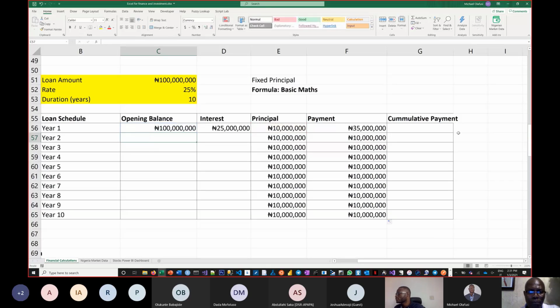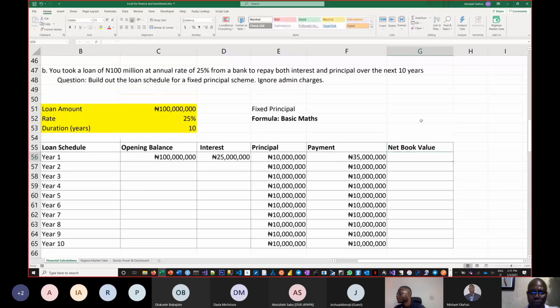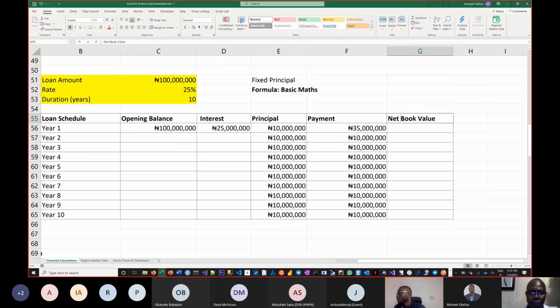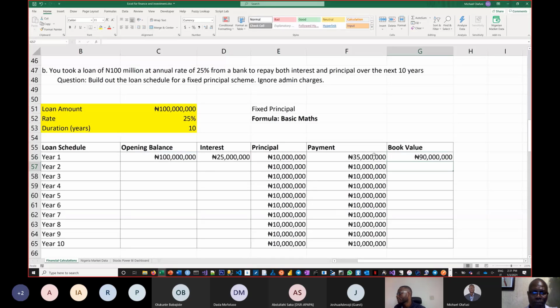So let's even do what is the much more common way. The book value of the loan is going to be the opening value at the beginning of period minus the principal repayment. And that is going to automatically become the opening value for the next period. Okay. And so if we keep doing this,